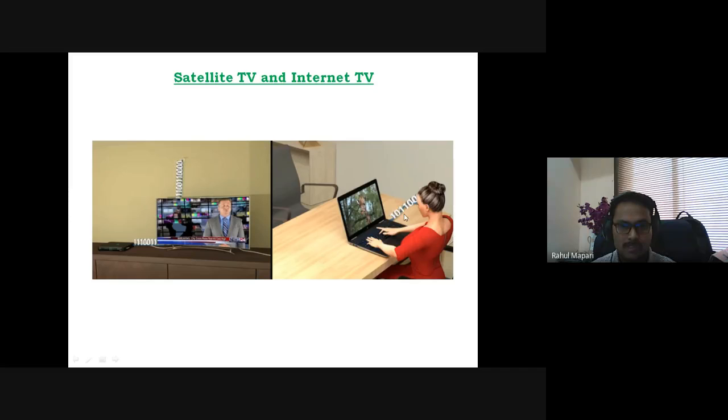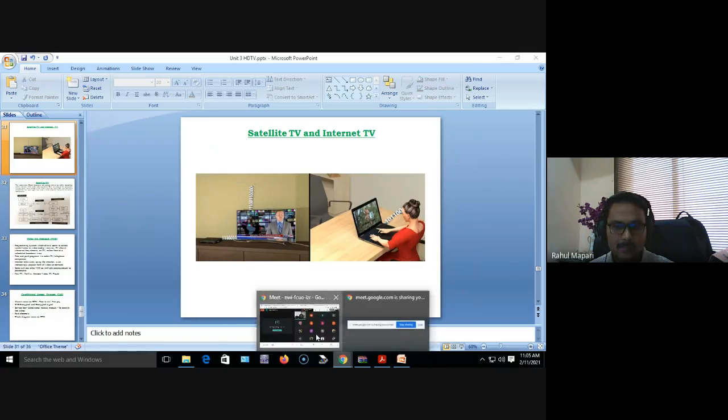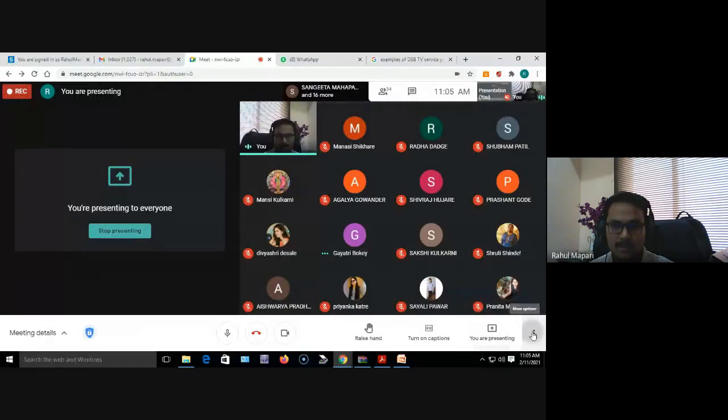We can also use a cable for the internet, directly given to the laptop, and access the internet service directly. That's why the delay is almost zero in internet TV, and somewhat of a delay is there in satellite television. So this is the working principle of satellite television.